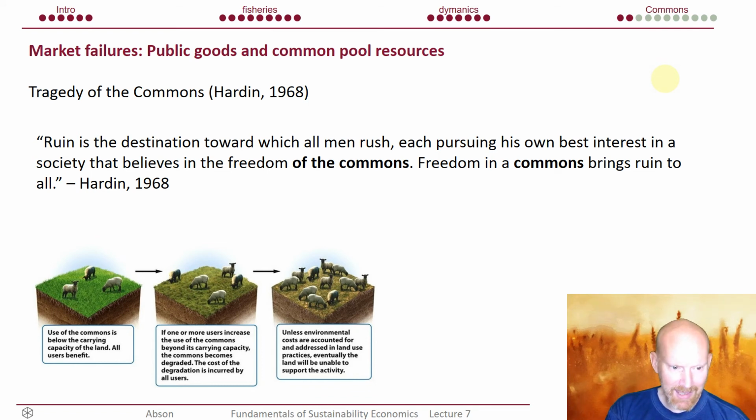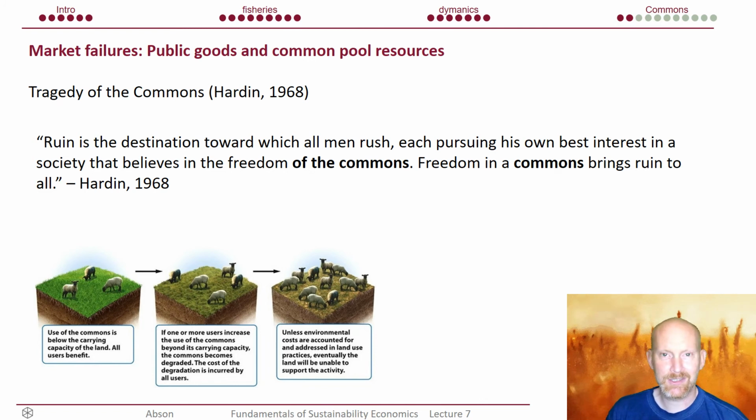you start off with a common pool resource. In this case, grazed land is below the carrying capacity of the land. So all users benefit from having animals on that land. And then it makes sense that if you're benefiting from this land as a private individual, you put one more sheep onto that land, because all the benefits you get from having that sheep accrue to you, and the ecological degradation is shared among all users. So you get all the benefits and you only get a fraction of the cost. And if it's logical, rational for you as an individual to behave in that way, it's logical for other people to behave in that way.